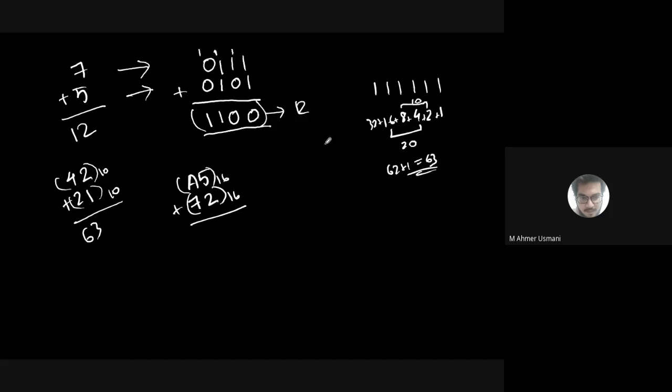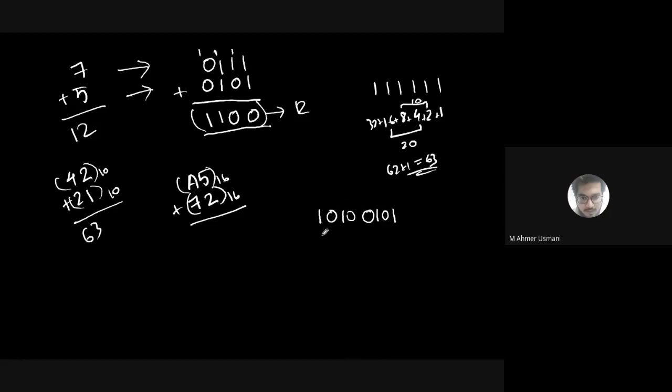If you know the conversion, I'm sure you'll know how to do it. It is much simpler compared to decimal. Can someone tell me how to write A5 in binary? How to write A? A को कैसे लिखोगे आप बाइनरी में? 1 0 1 0. Good. 5 को कैसे लिखोगे? This is how we write A5: 1 0 1 0 0 1 0 1. हाँ, बराबर ना?